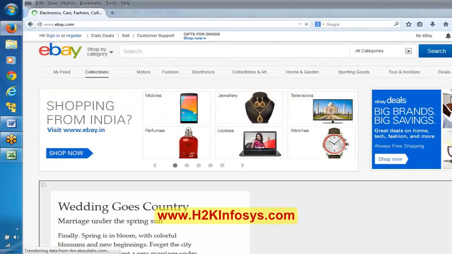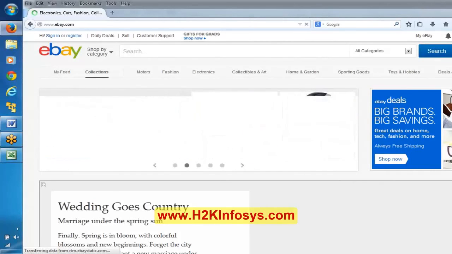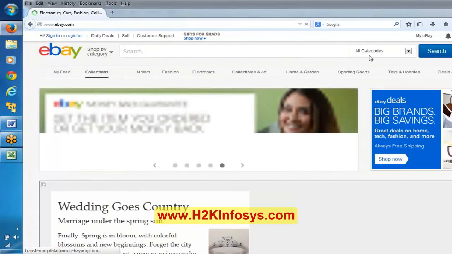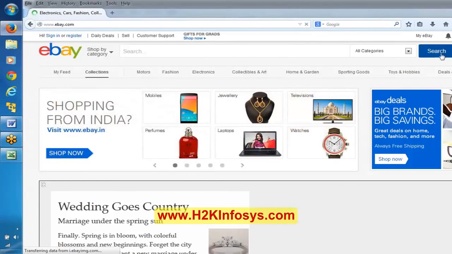Now we are trying to find what the HTML tag and attributes of this particular text box are. In a similar way, what is the HTML tag and what are the attributes for this list box, and for this particular button?